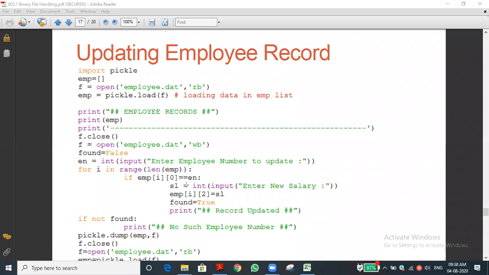Condition true means you can check s1 equal to int of input, where we are updating the salary. Before it was 8,000 and 45,000 or so. Now we are entering the new salary, and that will be stored in s1. Employee of i, that is the first record, of the second part. What is the second part? First, 0 is number, 1 is name, 2 is salary. So that's what we are updating, the salary. In that list we are giving s1. What is s1? The new salary will be added into the